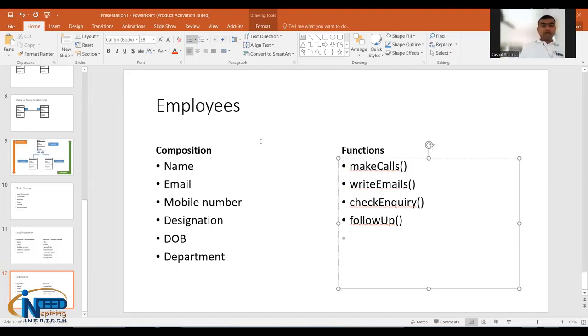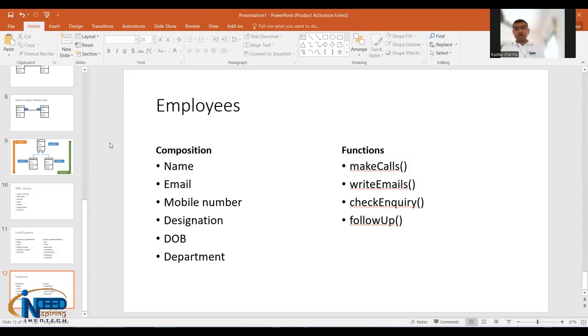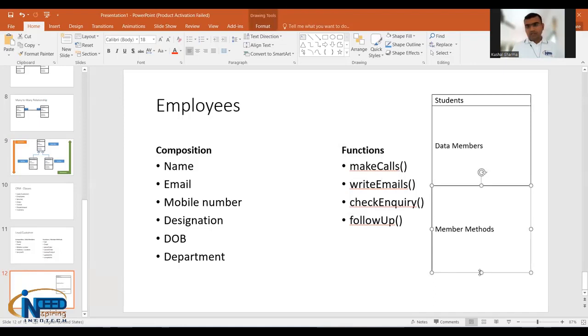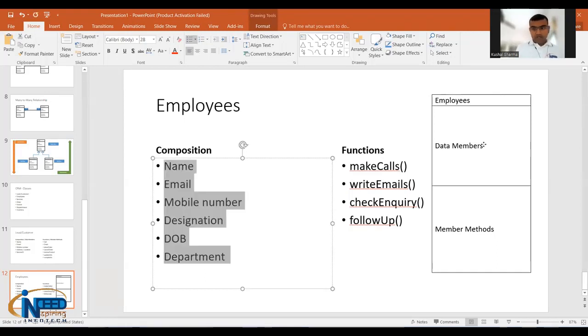So we need to create this much detail in a document, and then we go for the diagram creation part. Once we are done with these details, we can put them in the diagram. When you're putting the same thing into a class, employees is the class, so I'll write here EMPLOYEES, and here I'll be writing the names. I'll just take them from here, so they will come over here,